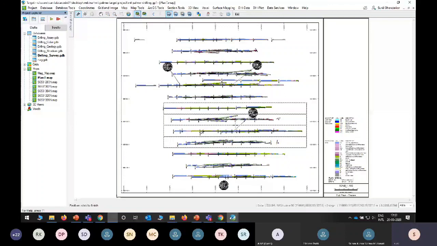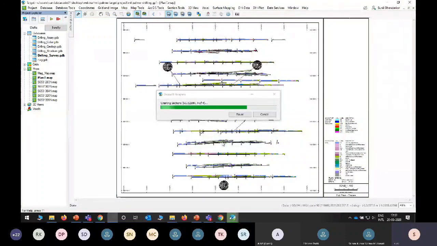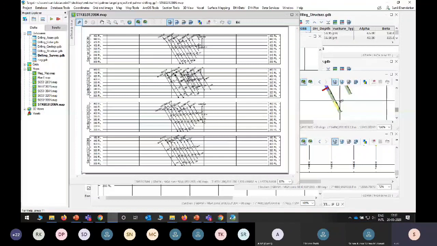Selection is very important. Now select OK. You can see the cross sections together. I think I didn't insert the data. Okay, not to worry.